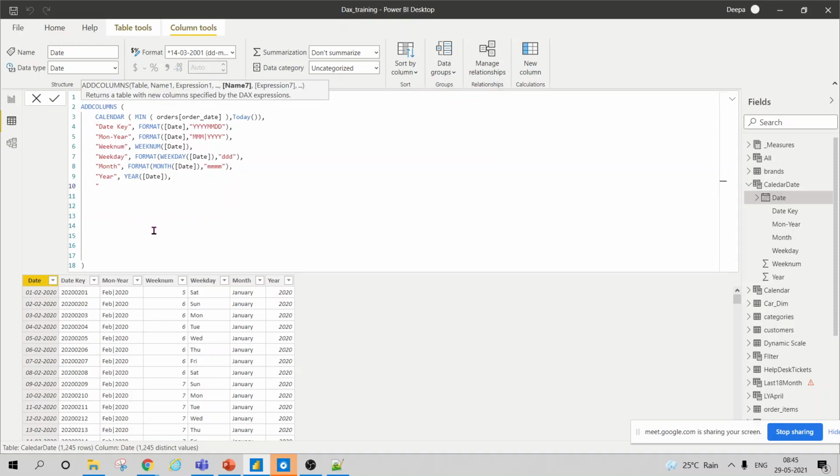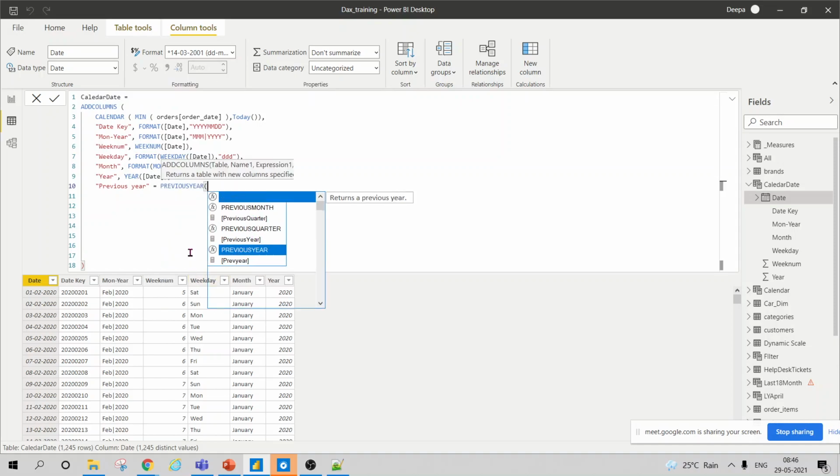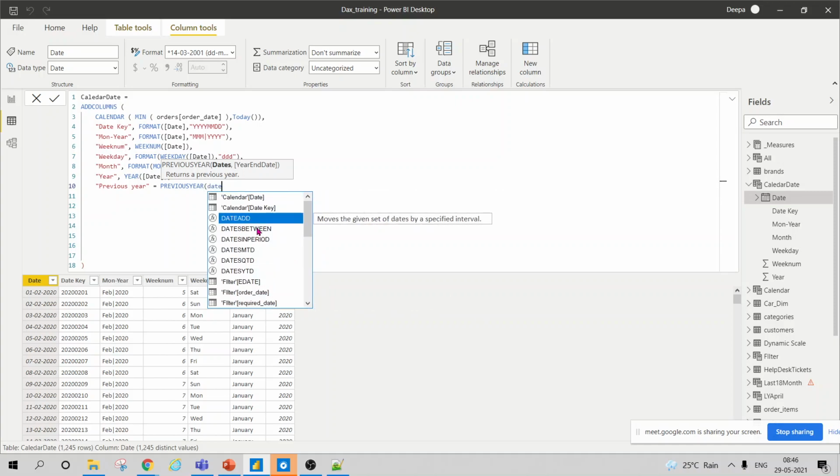For that, there is a function in Power BI which is called previous year. First of all, we'll see how it works. There is a previous year function, and it will give you.